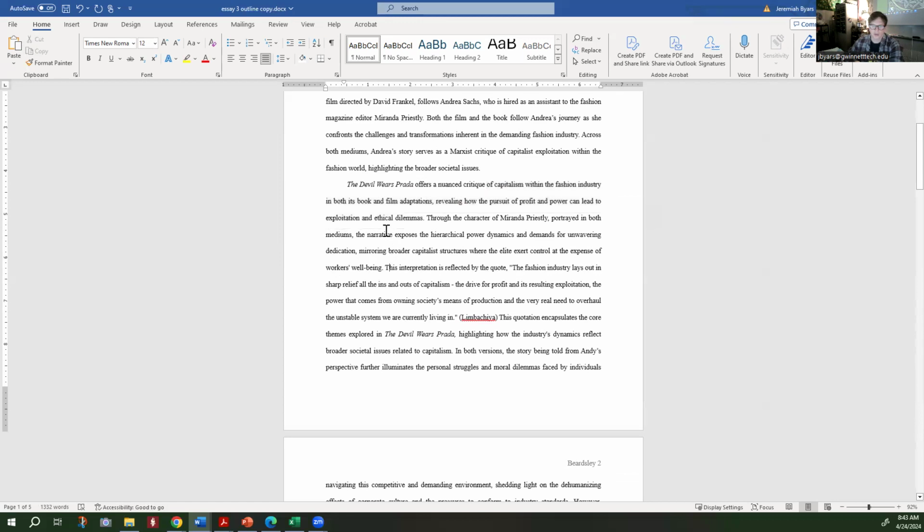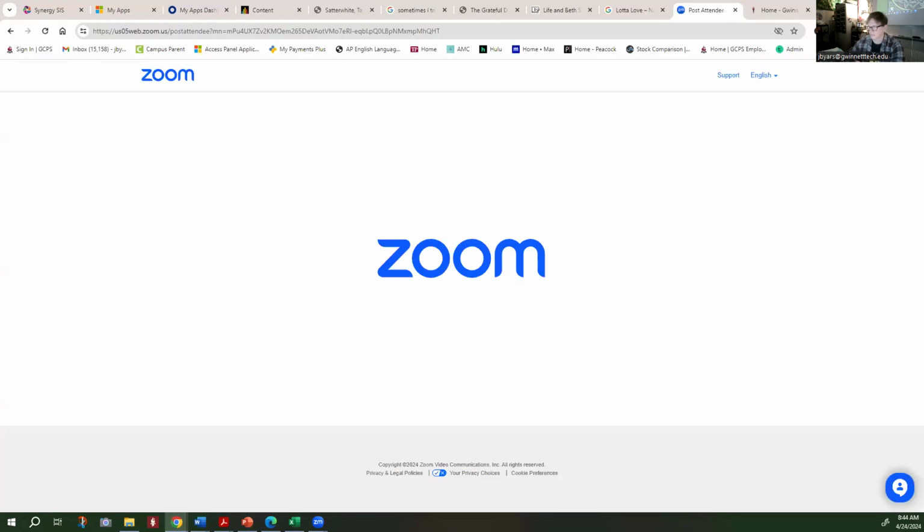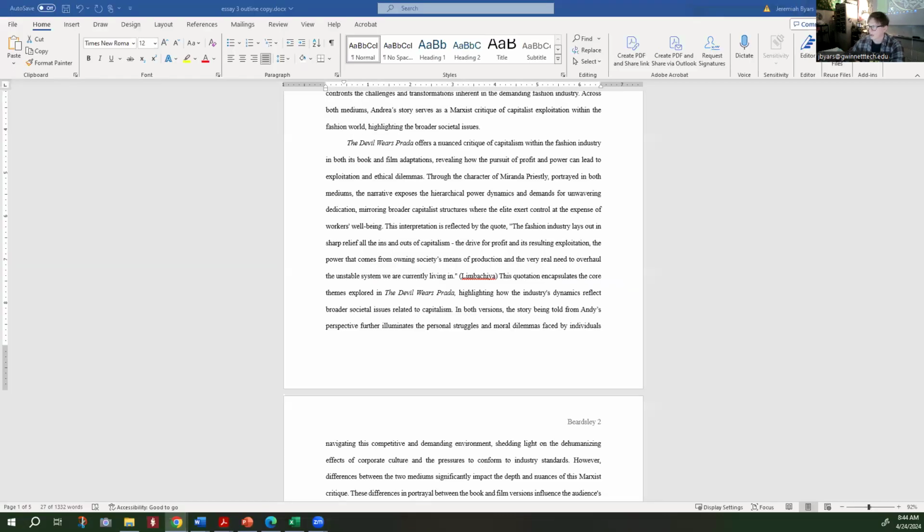All right, so this interpretation is reflected by the quote. Ooh, that's an awkward way of leading into this quote. Let's see here. So she's trying to connect through the character of Miranda Priestly, portrayed in both mediums. The narrative exposes the hierarchical power dynamics and demands for unwavering dedication, mirroring broader capitalist structures where the elite exert control at the expense of workers' well-being. Well, I mean, that's a really good sentence. Okay. So then from that,